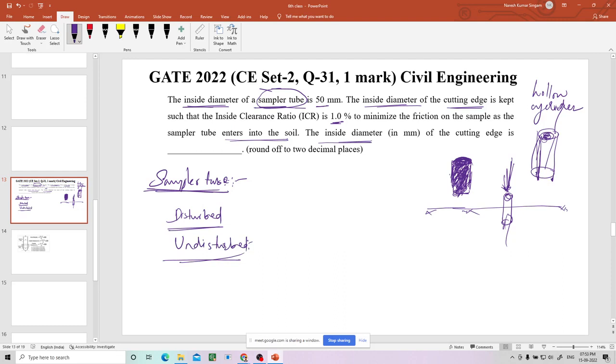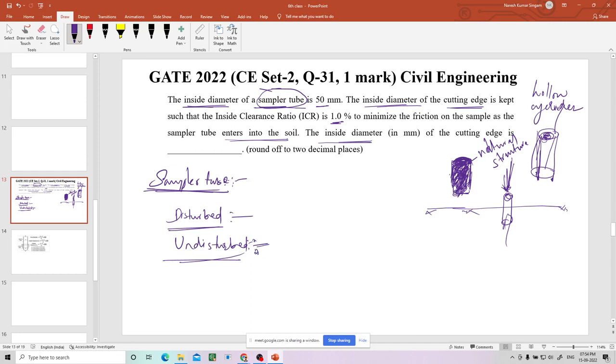The undisturbed sample is the sample in which the structure is the same as the structure when it was inside. When you are taking it out, the structure of the sample is not changed. There is no disturbance in the structure also. The natural structure is the same. Because of that, it is called undisturbed. If the structure is disturbed,